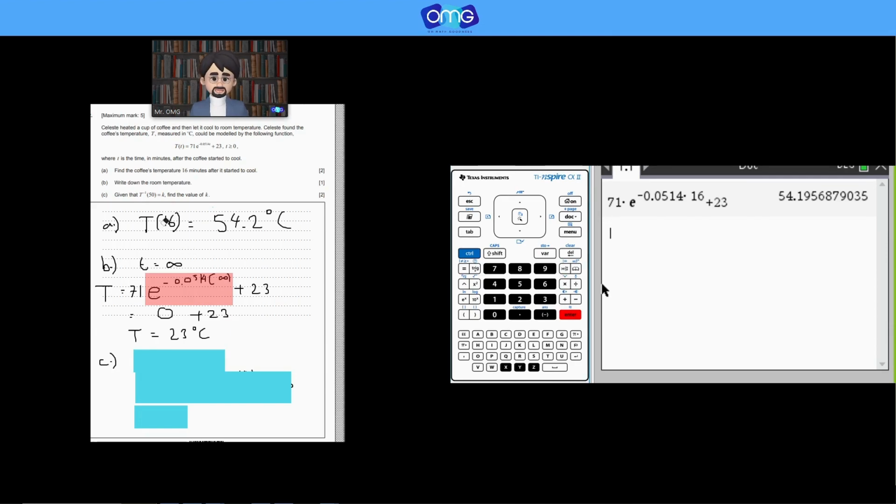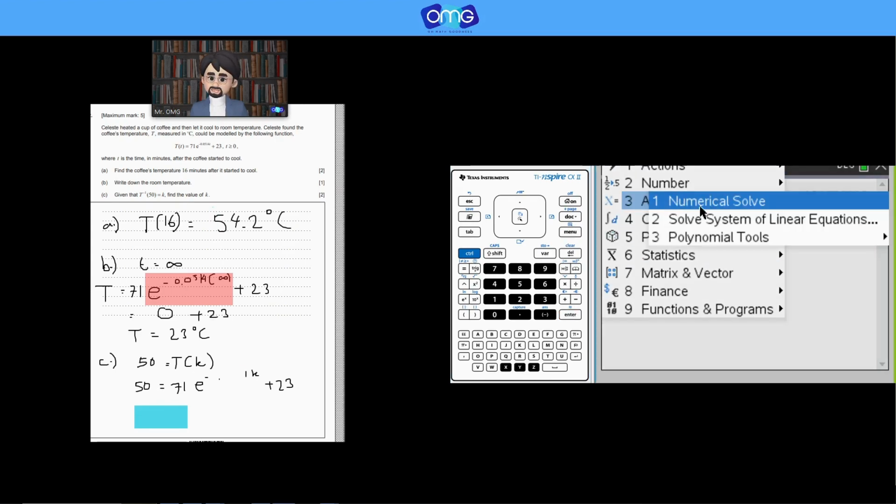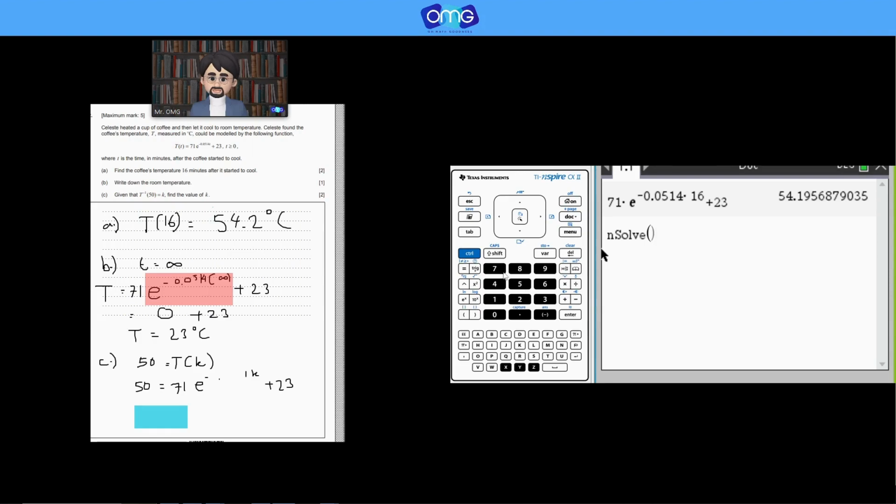Given that T inverse of 50 equals k, find the value of k. So T of k equals 50. We substitute: 50 equals this plus 23. So we use the calculator: menu, algebra, numerical solve. 50 equals